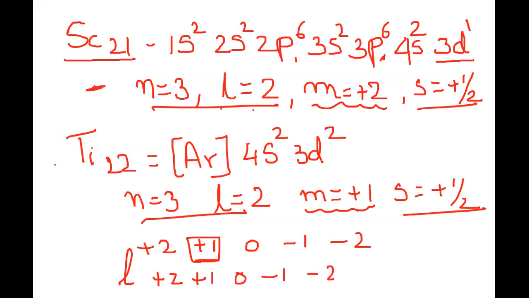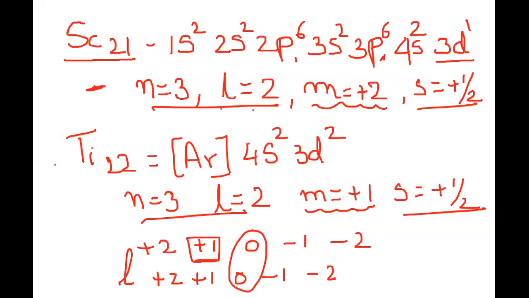In some books, it starts with a minus also, so that is also allowed. That is just a convention that is followed. They will start with -2, -1, 0, +1 and +2. So that is also permissible. Understand? That is why they usually give the quantum numbers of those electrons falling somewhere here, where m will always equal 0 for the third electron in the d subshell. Understand? Okay. Anything else?